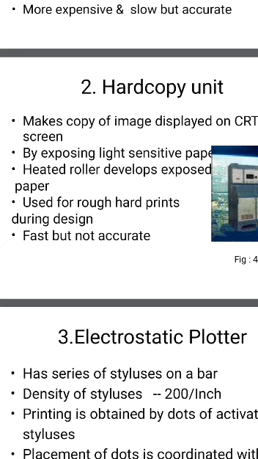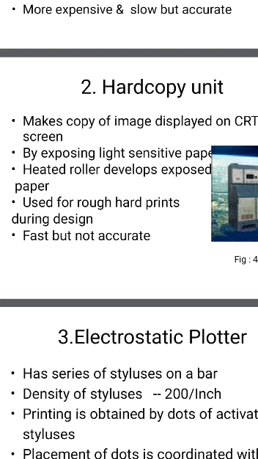So now, the hard copy unit uses a light sensitive paper exposed through the narrow CRT window inside the unit to make copies. The unit is particularly useful when a central plotter is located some distance from the workstation. So this type of hard copy is used when the plotter is located at some other place, and we are doing the work at one place. For that purpose we can use hard copy.